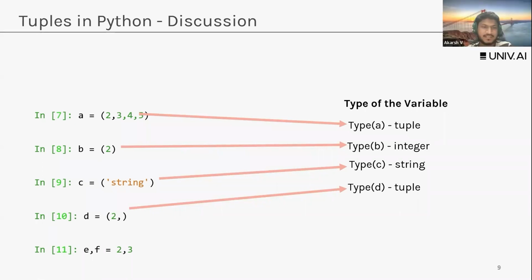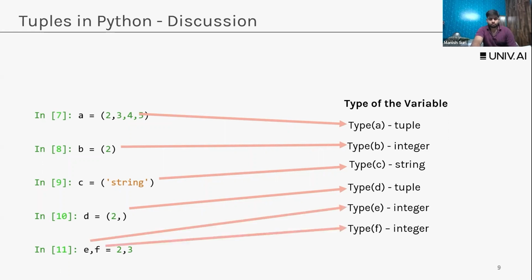How many people say tuple? How many people say integer? Two people for integers, or two people for tuple? I'm for tuple. You're for tuple. Okay. Well, what happens is that